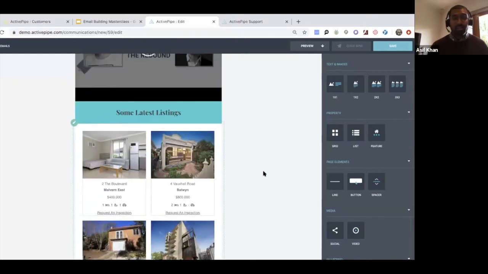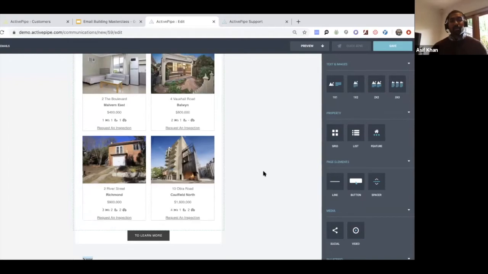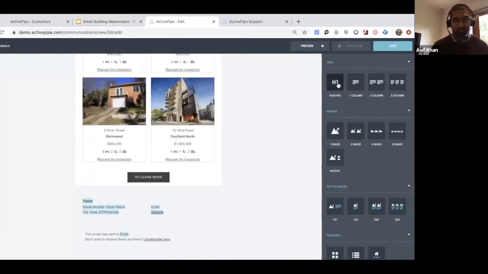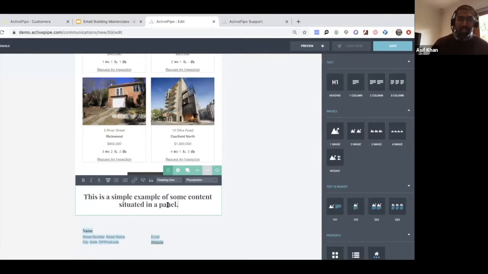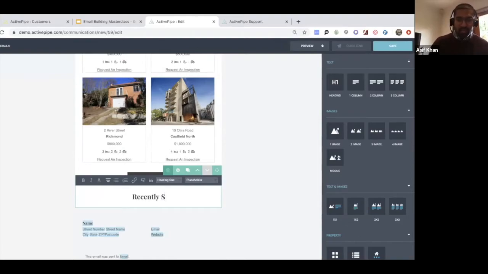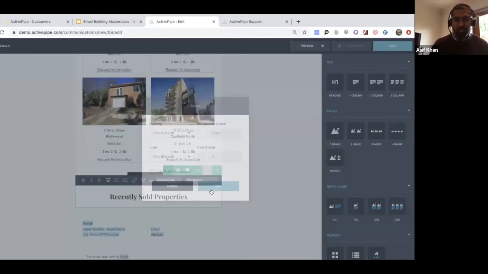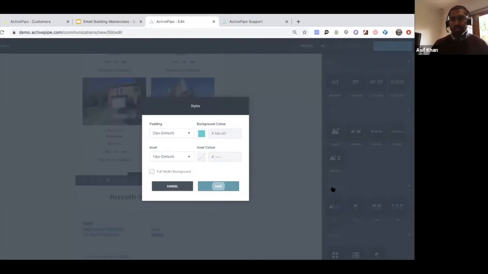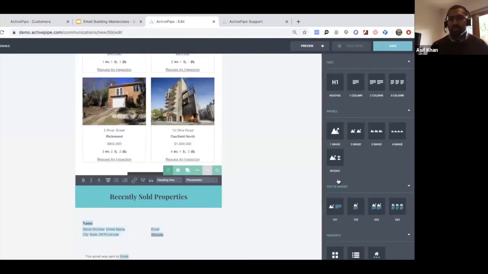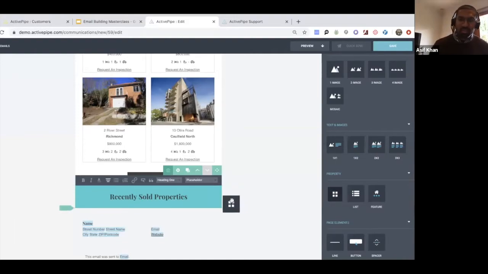In a similar fashion, we can highlight some of our latest sold properties too. What we can do is create another panel. Rename it as recently sold properties. Change the background color again, just to keep it consistent. Going back to the property panel over here, team, dragging and dropping this grid onto the canvas,